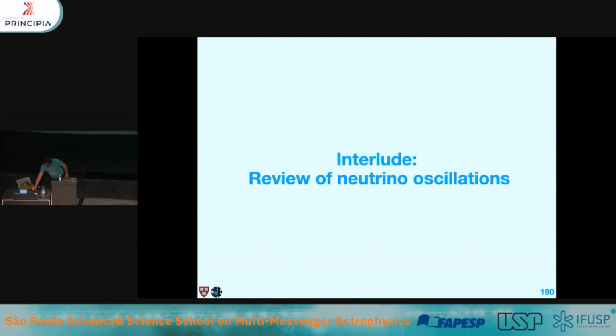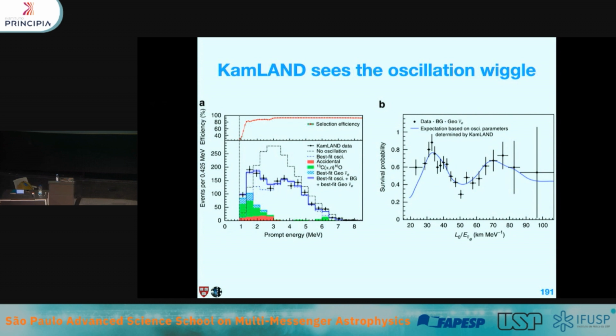Cool. So after that interlude, we can continue. First I want to show you this picture here. It's nothing as good as data. Here is an image from the KamLAND experiment in Japan. KamLAND is a reactor neutrino experiment that uses the flux of neutrinos from a collection of reactors in Japan. Here they have measured the oscillation probability. This is the survival probability of electron neutrinos as a function of L over E. You can see this wiggle, and you can see that this wiggle sort of flattens out. This flattening is because of the finite resolution that I was talking about earlier.